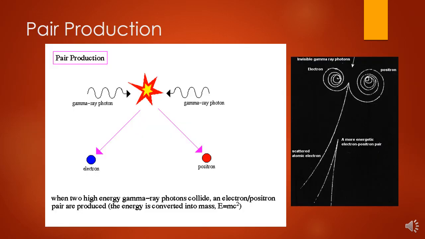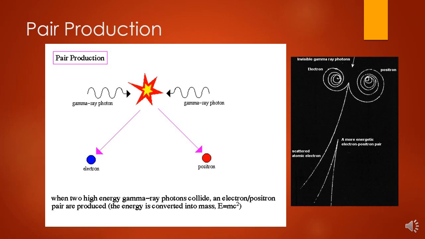So here's a picture of how matter is created. On the left, we have 2 gamma rays coming together. There's an explosion, and it creates an electron and the anti-electron called a positron. The picture to the right is showing how we can do this in the laboratory. This is a cloud chamber, and when the gamma rays come together, or when we make matter in other ways, because I think this picture is actually showing a gamma ray